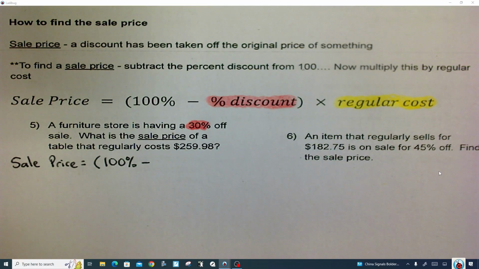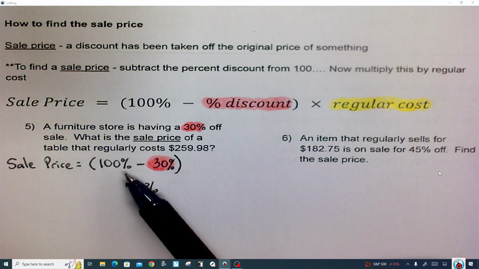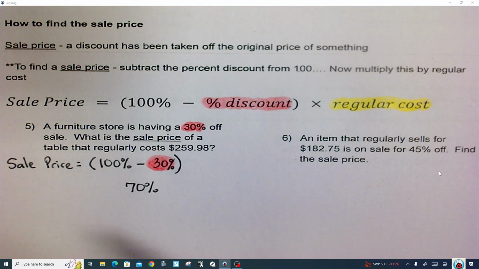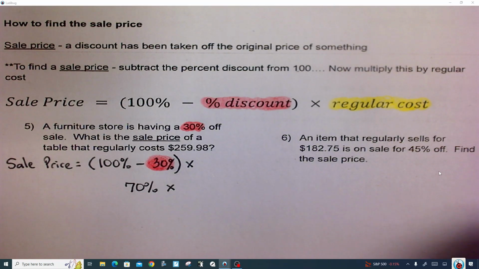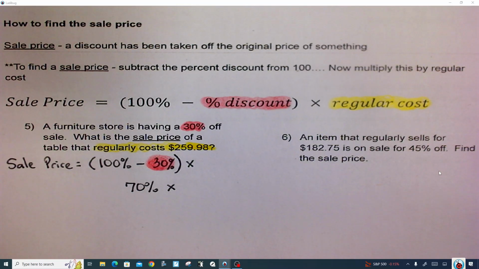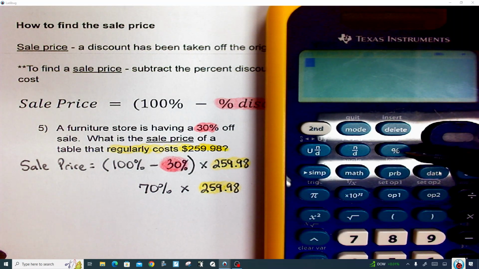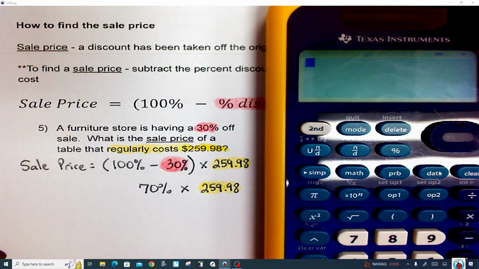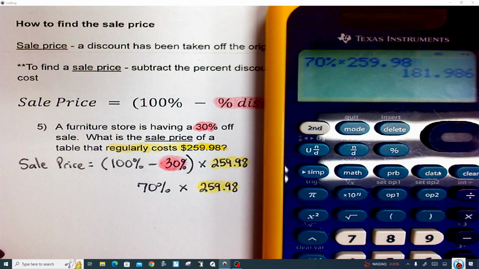And since we're taking 30% off, we need to subtract the 30% from 100%. And generally I tell my students, hey, you can do this in your head. What's 100 minus 30? It's 70%. And then we're free to go ahead and multiply the amount by the regular cost, which in this case is $259.98. Now, for your calculator, if it has a percent button, that is very important. You can use that. So you can type in 70%, and again, make sure you use the percent button, and then you can times it by the $259.98,